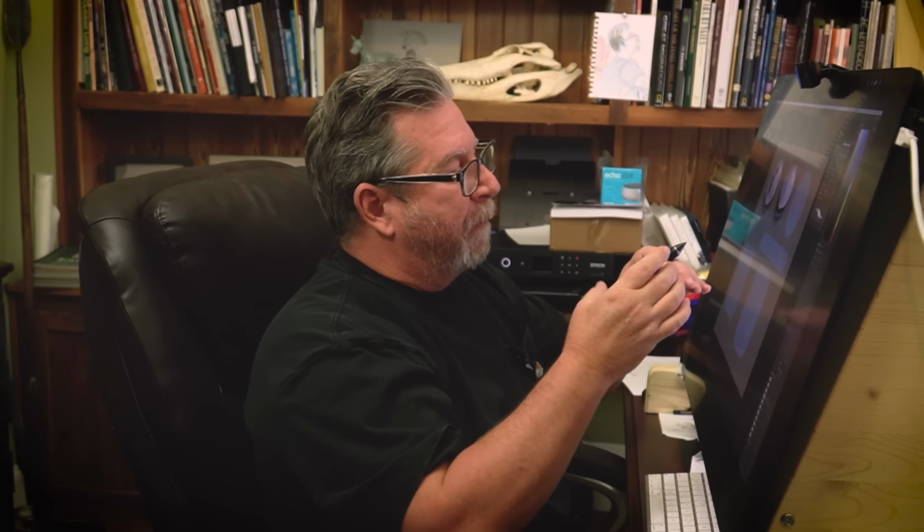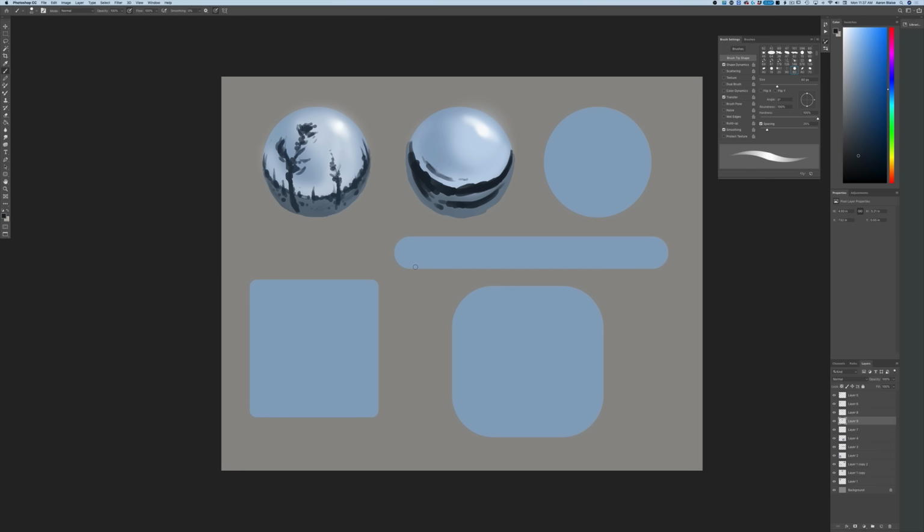So we've got the ball. You understand now how they can kind of wrap around the form. Well, what if you have a bar? Basically, it's round on the ends, but straight along its length. Okay, so it's the same kind of thing. You might have a little bit of a curve here,